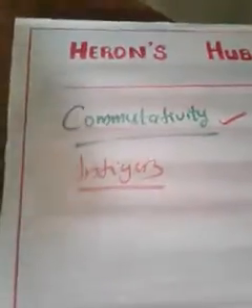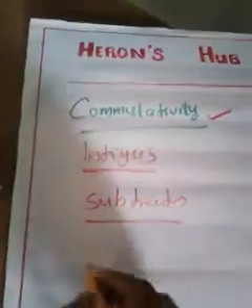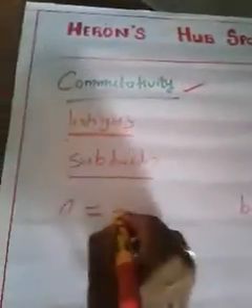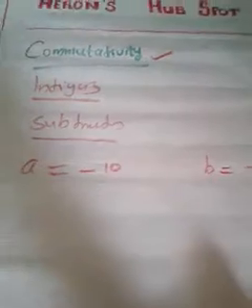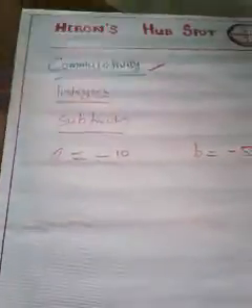Now let us move to the next operation. The next operation is nothing but subtraction. In order to check whether subtraction is commutative or not, we need two numbers a and b as integers. Let a be -10, let b be -5. Why not select simple numbers like 10 and 5? Why am I selecting difficult numbers? If you know how to operate with difficult numbers, then simple examples are too easy for you, isn't it? That's why I always consider difficult examples. You can change it to a simple example, but I prefer difficult examples.